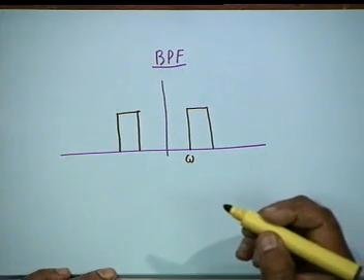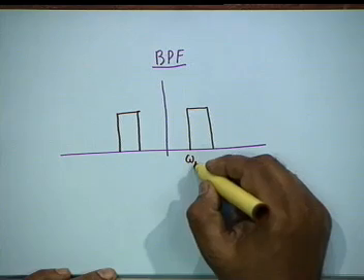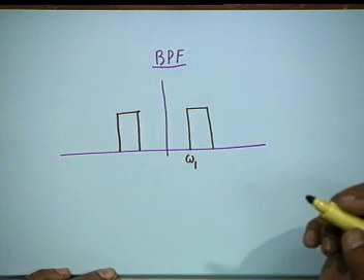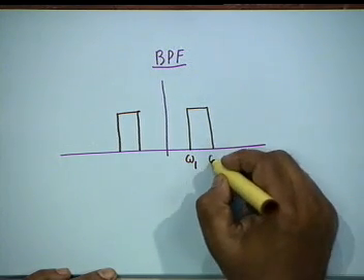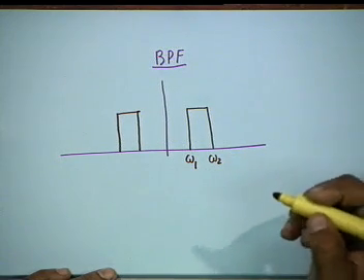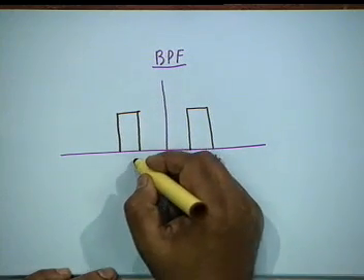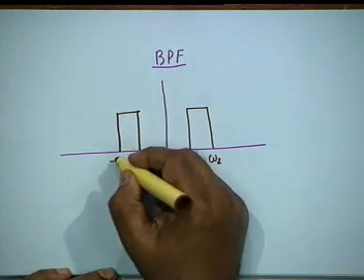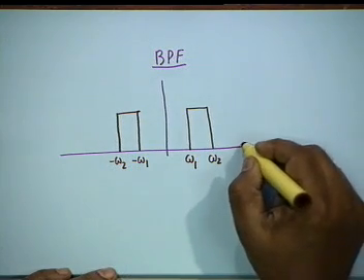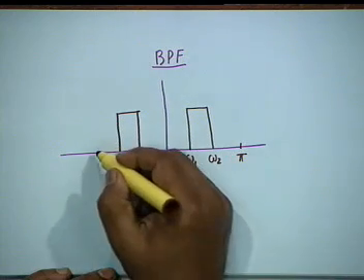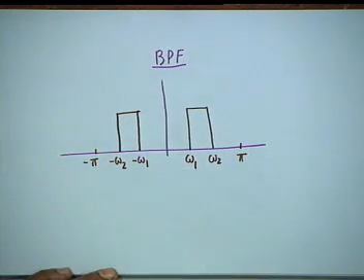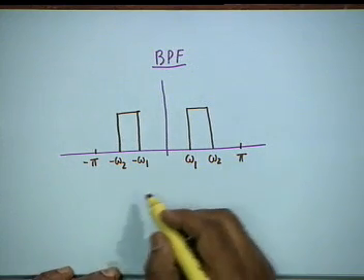We have decided earlier to call this lower end of the pass band as omega 1, upper end as omega 2. We should have written omega p1 and p2, but we avoid p's. This is minus omega 1 and this is minus omega 2, and pi is somewhere here, minus pi is somewhere here. This is my band pass filter, and therefore